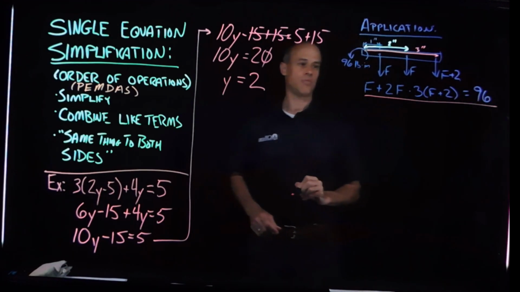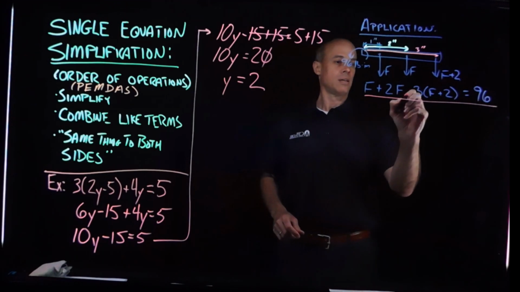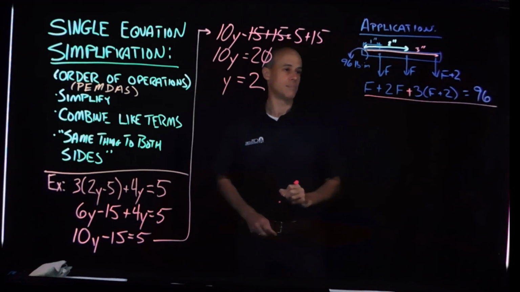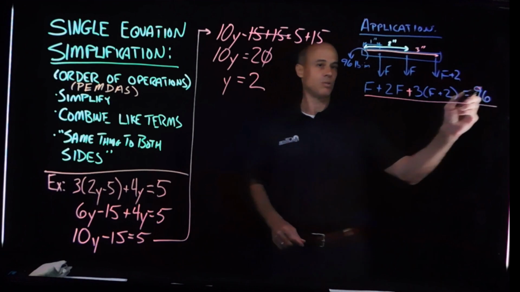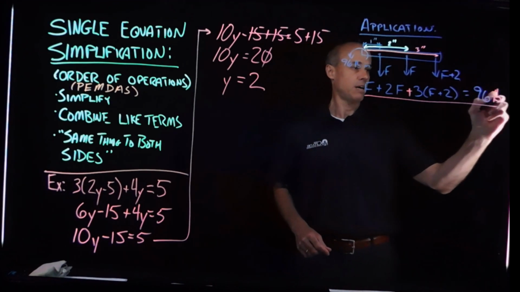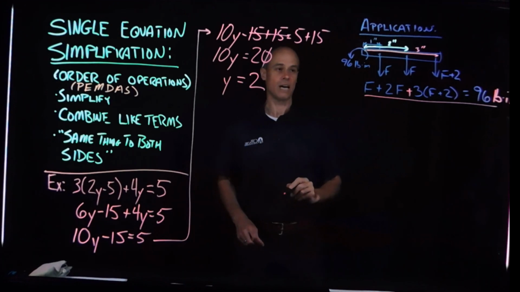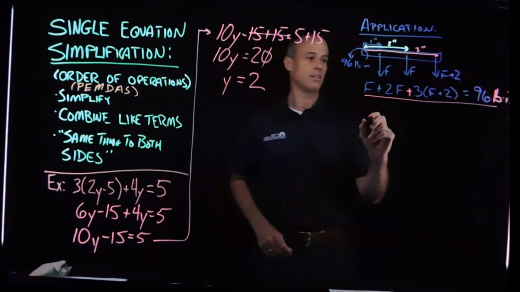here, F plus 2F plus 3 times (F plus 2) is equal to 96. And this is going to be pound-inches. Okay, so let's go ahead and take those same principles, and the first thing we're going to do is